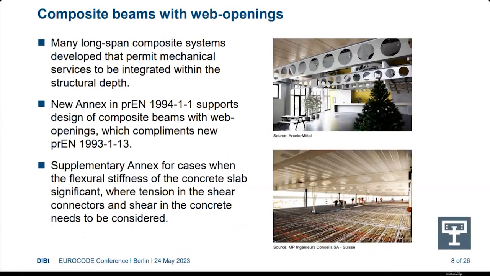A couple of things were added to the scope. Unfortunately for the UK, I think most of the scope changes are of very little benefit because we've already been doing this. So beams with web openings have been introduced because of how the Eurocodes work. The stuff to do with how they work before you put the concrete on is in Eurocode 3. And then when you put the concrete on, you have to turn to Eurocode 4. But these rules were very heavily influenced by what the UK has been doing for the last 30 years, I guess, with composite beams with large web openings.